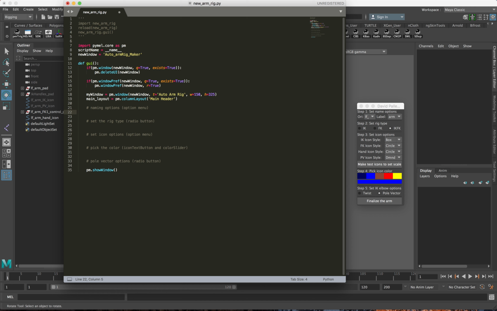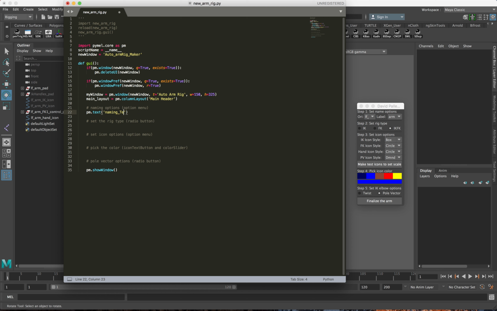So first things first, I like having texts to show the steps, to illustrate what I want, or just to have something to identify what is going on with each step of the auto rig. So in this case, we're going to use text here, and I'm going to call this, quotes here,